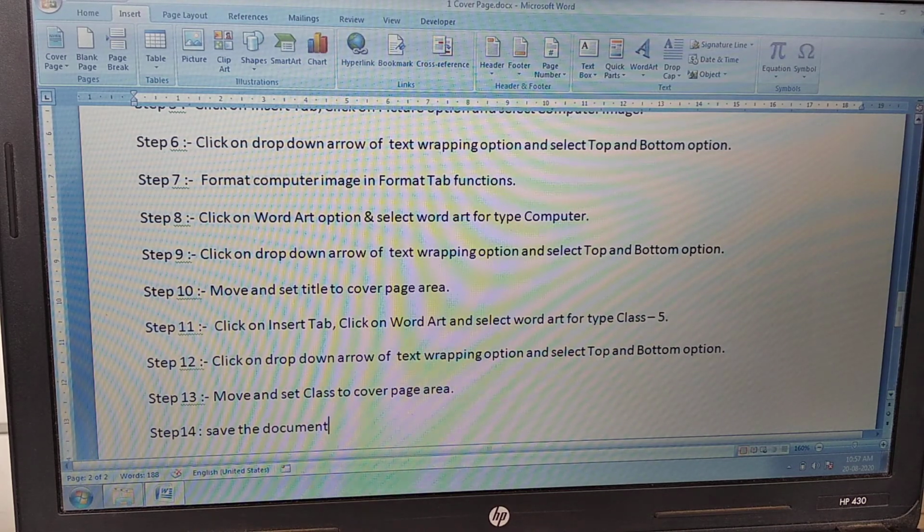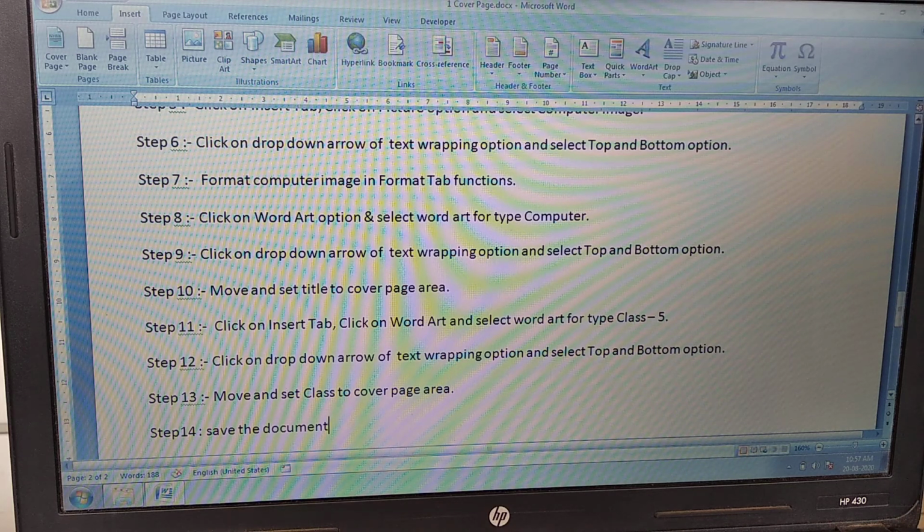So what will happen? After doing the practical, if you close the Word window, then your practical will be removed from your computer. Instead, if you save the document, then your practical can be saved inside your computer.